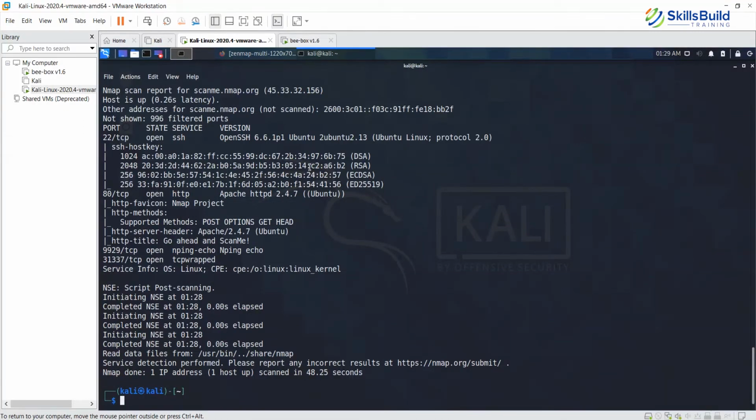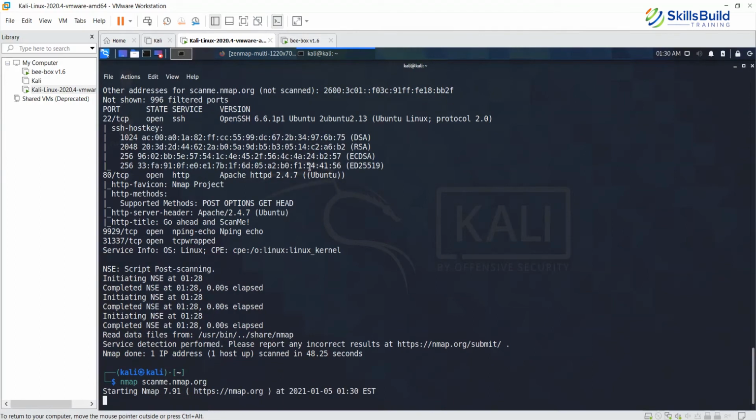So let's just run a default scan. If you do not specify any parameter, you just specify only the target along with the nmap command, by default it should be running a default scan. So I'm just going to go ahead and type this command, nmap scanme.nmap.org. Now by default nmap is supposed to use the SYN scan as the default scan type, but because we are not using the root privileges, therefore nmap will only use the connect scan in this context.